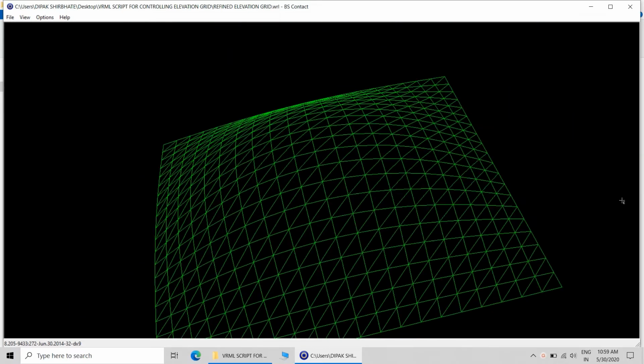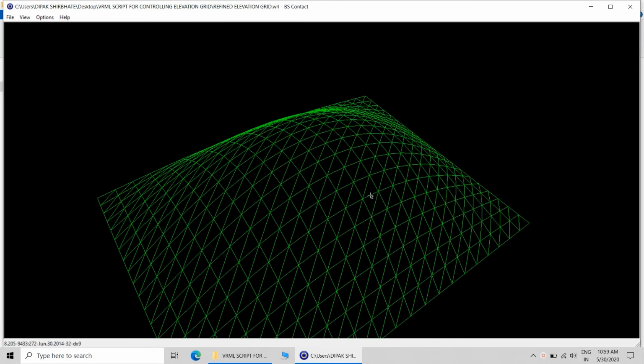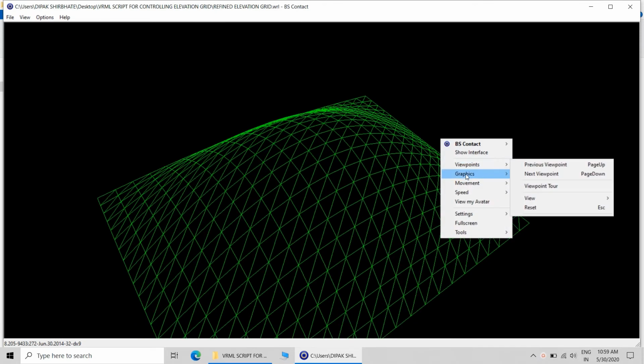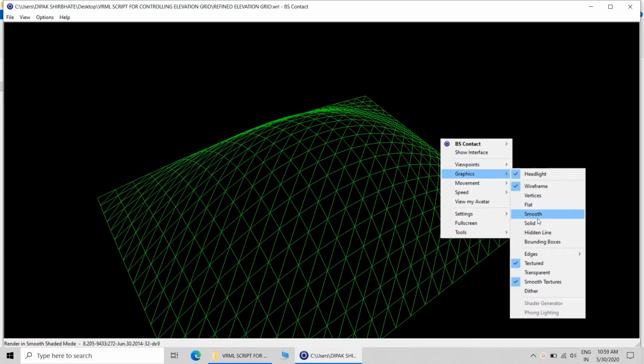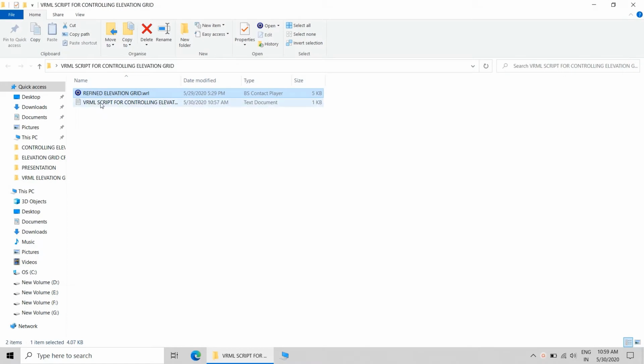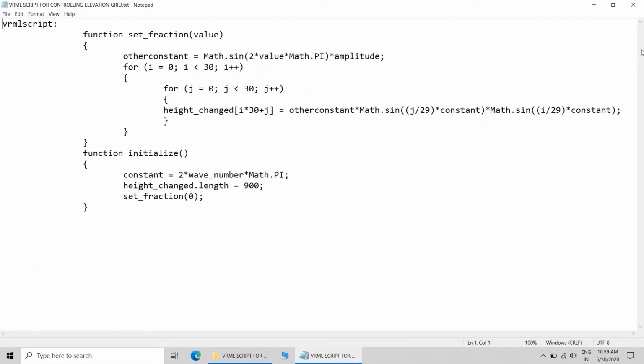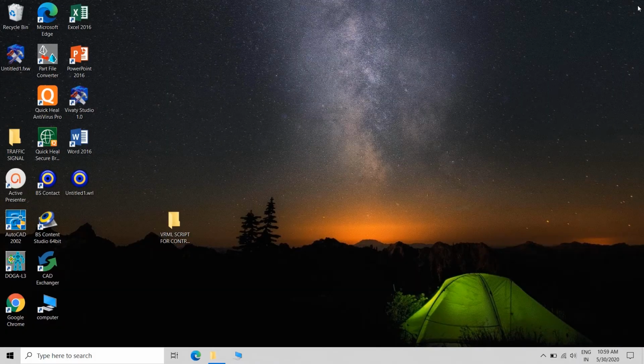An elevation grid is basically a plane to which we have given some height in the z direction. And this will be the script. I have already copied that script into one text file. The same script I will copy and paste into the script.